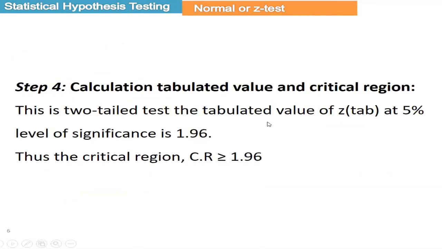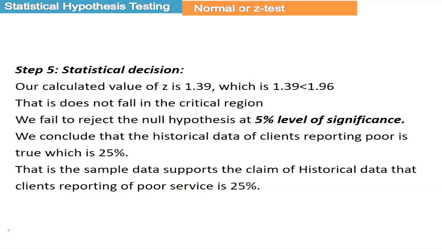So as our calculated value does not fall in the critical region, we fail to reject the null hypothesis. We accept the null hypothesis. We conclude that the historical data of clients reporting poor service, which is 25%, is true. That is, the sample data support the claim of the historical data: the clients reporting poor service is 25%. Okay,